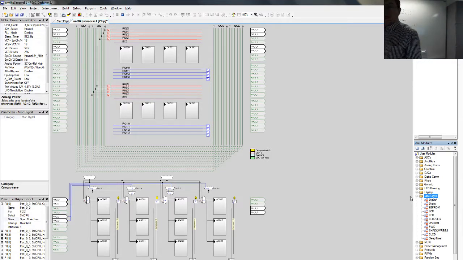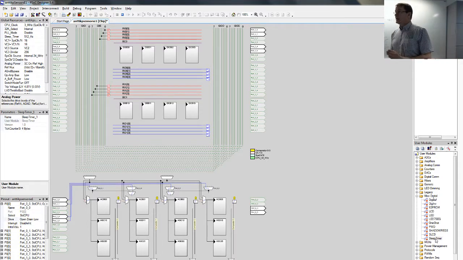These miscellaneous digital blocks here actually are something like, okay, let's just for fun, let's put there a sleep timer. So usually we need some sort of simple timing logic in our code. If we add a sleep timer,